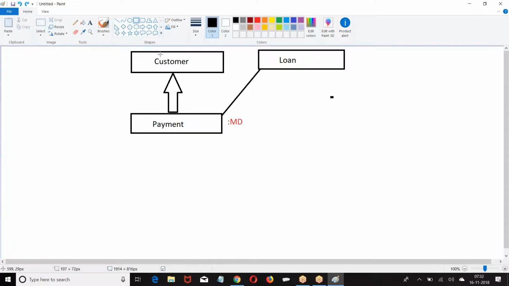Now, in your case, you can make the payment as a child. On the payment, you create one to customer, one to loan. A to B, B to A is not accepted. A is a parent to B is a parent to A, using a master detail, not accepted. Lookup can do it.